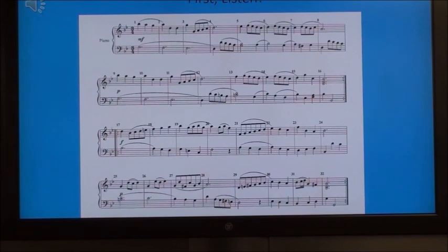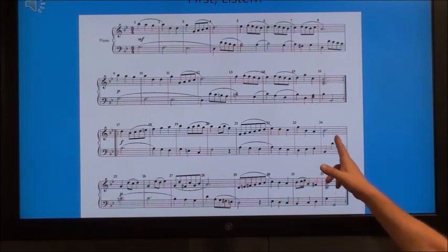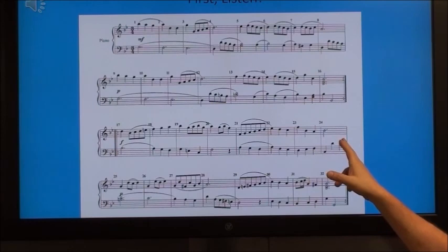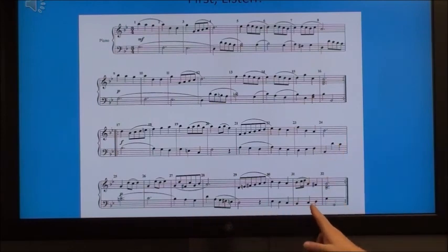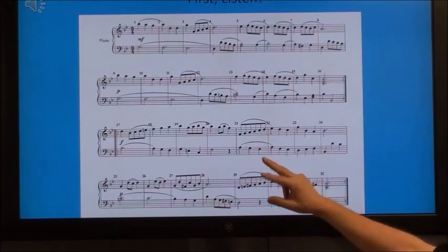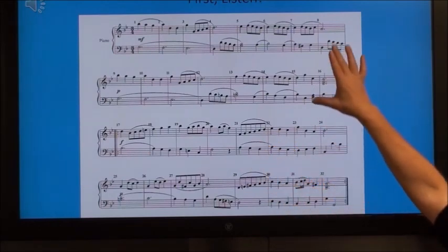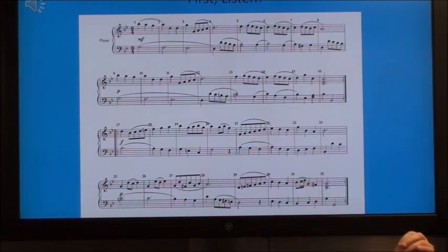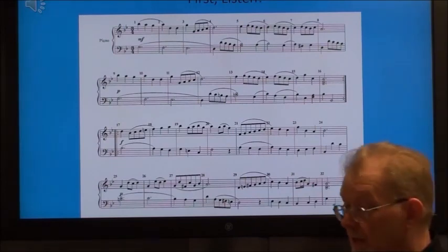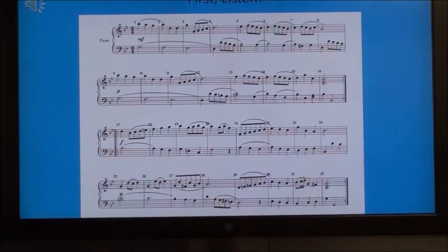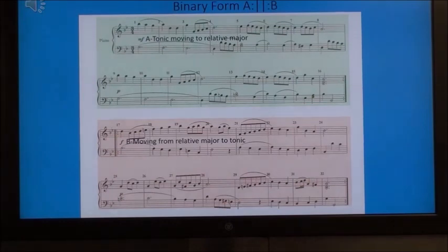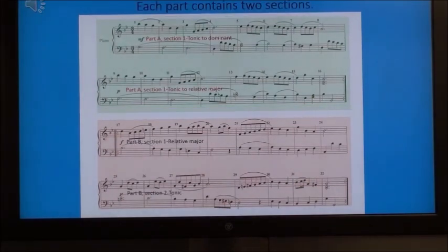Okay, where would you make an ending of the 24? So this turns out this is at the end of part 2, section 1, right? And that would make this part 2, section 2. And again, there's contrast here. So there's a parallelism here and there's contrast here. Okay, let me see how far I can go and catch up with us. Okay, we did that. We did that, right?